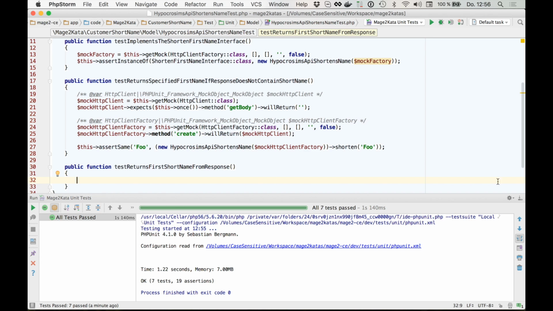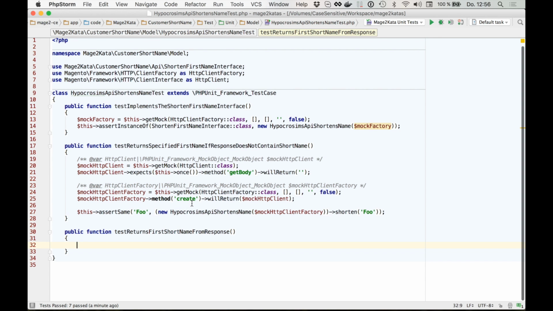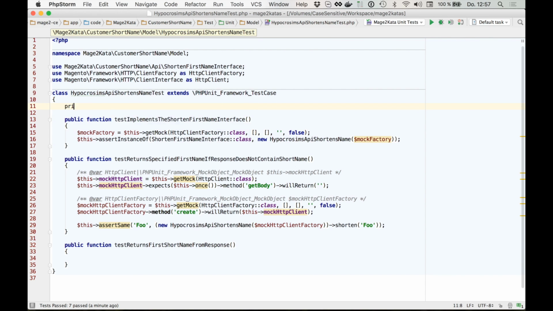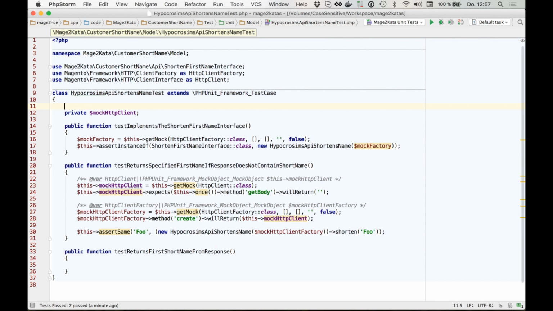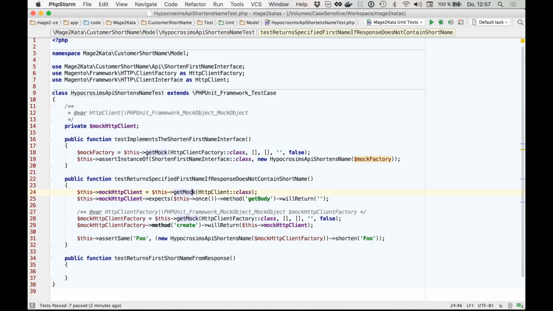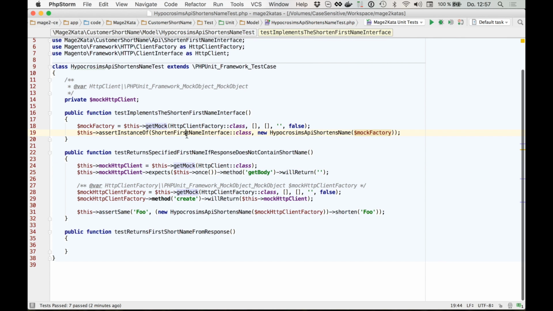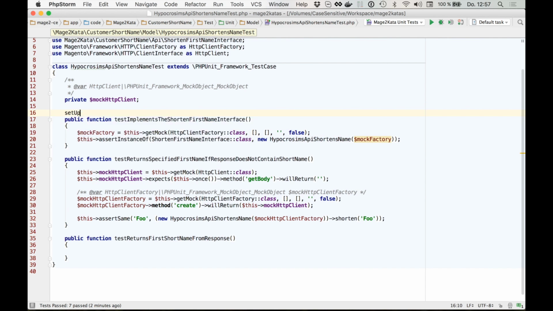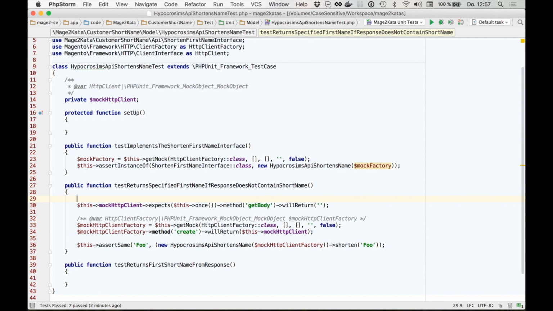Now, I don't really want to go ahead and copy all that code. It's a little too long anyway for a test, it's not that readable, so instead let's refactor it a little bit. So first of all, let's make the HTTP client a class property. And let's declare this new property properly. And that gives us a place where we can type hint it, and that would be this. And now we can get rid of this, and I want to move the initialization into a setup method. So this line goes